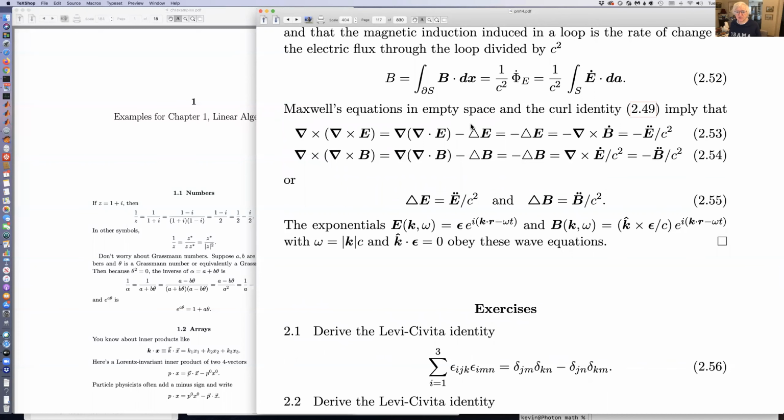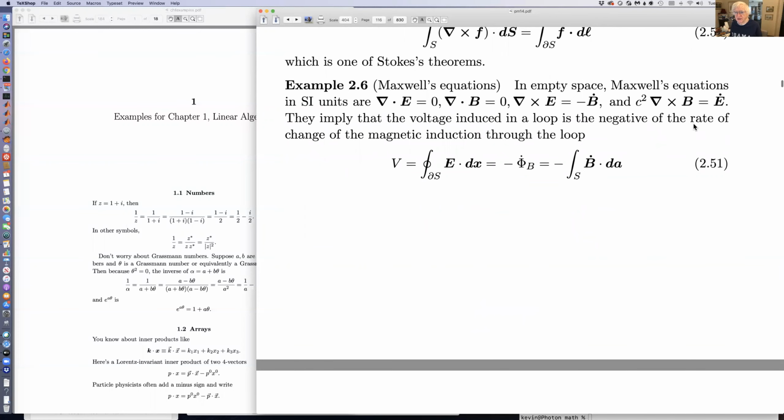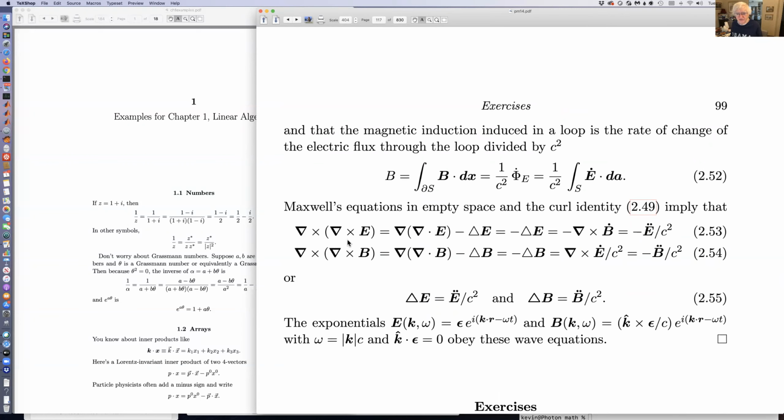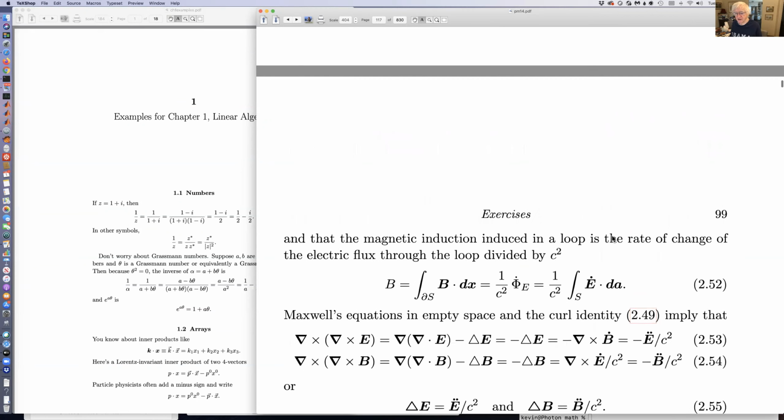In Maxwell's equations in empty space, if you go back and look at them, you can then take the curl of the curl in these two equations, and if you then use the curl of the curl equation, what you find is the curl of the curl of E is the gradient of the divergence of E minus the Laplacian of E. And in empty space, the divergence of E is 0, so you just have the Laplacian of E. On the other hand, the Laplacian of E is